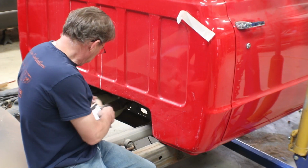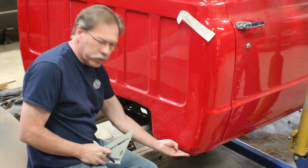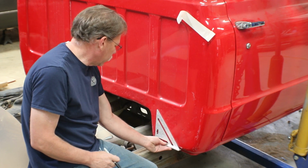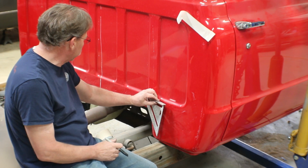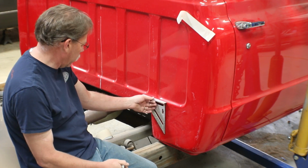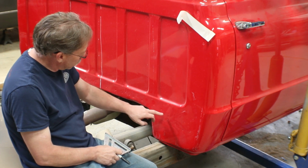So we're going to get just a little bit more done here. What I want to do is essentially get as close to a square off the bottom of the body here as I can. I'm using this speed square. And it's going to be pretty difficult because there's a straight line here, and maybe we should try and pick an imaginary point there and draw our line. That might be the easiest to get a square line. But we'll come up square, and we're only going to come up as high as this